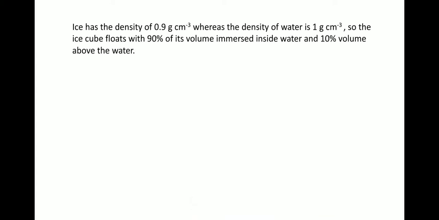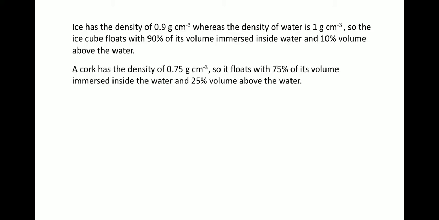That means 9 out of 10 means 90% of its volume will be immersed inside the water and 10% volume will be above the water. Similarly, the second example we are going to take is a cork has the density of 0.75